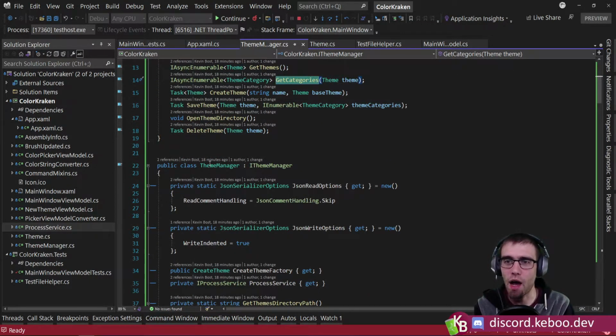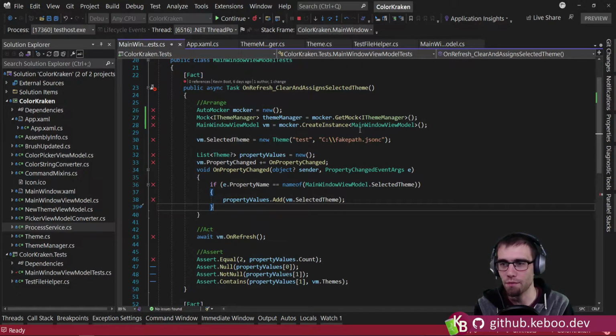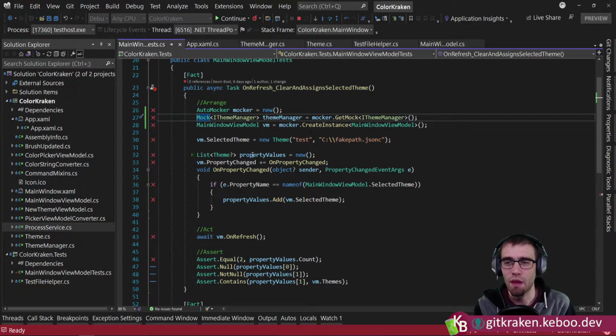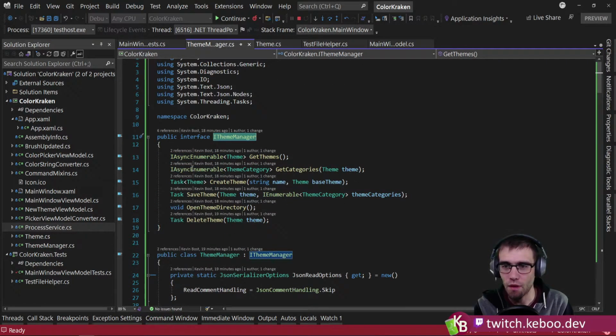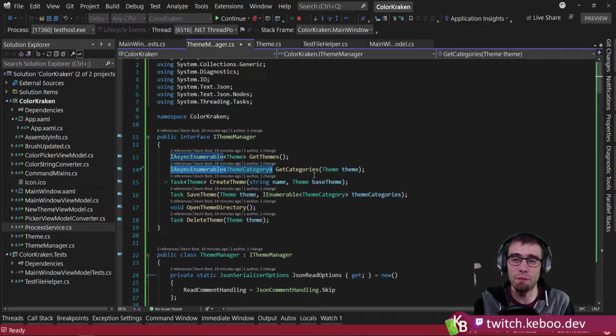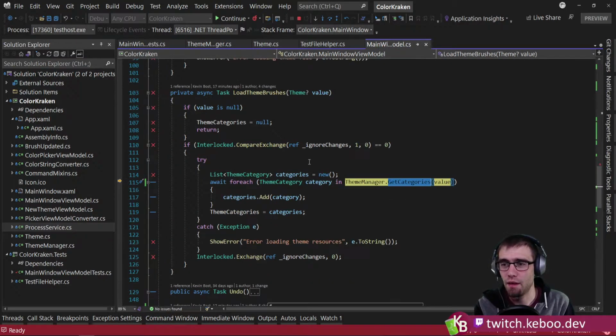But in the case of a mock, what is happening is by default, if you don't do anything with AutoMocker, or I guess in this case, this is just a regular mock, here it's not even AutoMocker, so Moq mock, the default behavior of all of your methods is just to return the default value. And in this case, the default value of an interface or a reference type, which is what this async enumerable will be, is null. So it's returning a null,